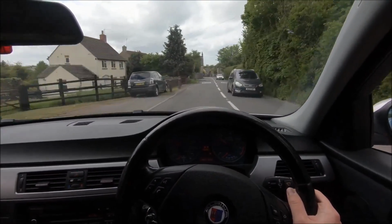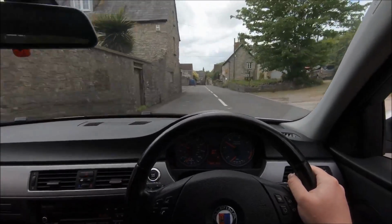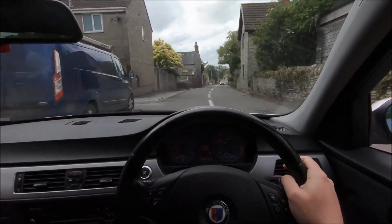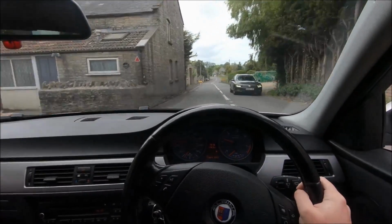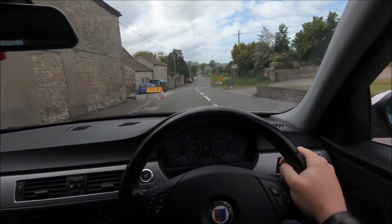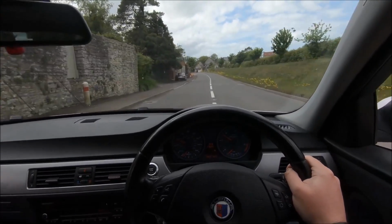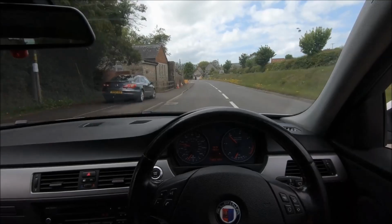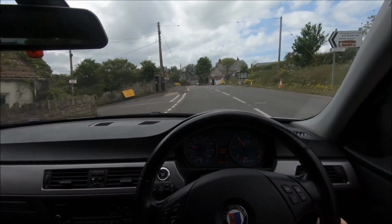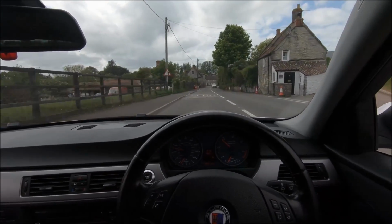Then you have others which are just astoundingly good, like the BMW 640D, which I reviewed here on the channel and is possibly the most charismatic diesel I've ever driven. A truly fantastic car. This is somewhere in between. I would not say that this car feels like the most fun thing I've ever driven. There are certainly hot hatches of a similar kind of performance and maybe even a similar price, which can definitely give it a run for its money, something like the Clio 197 for example,